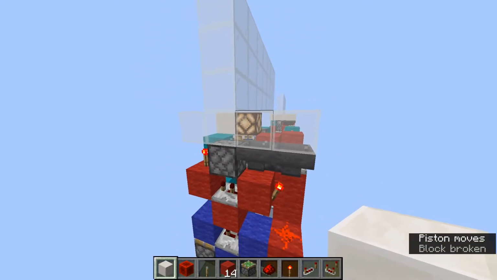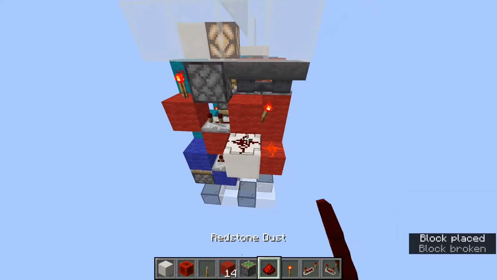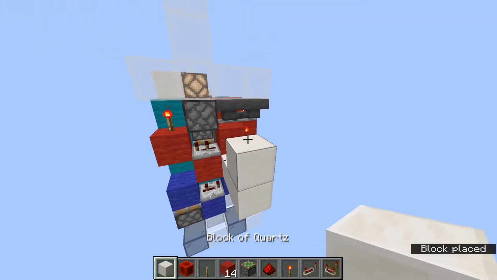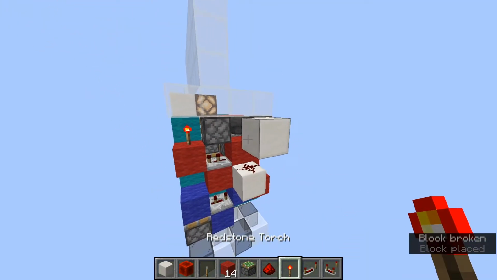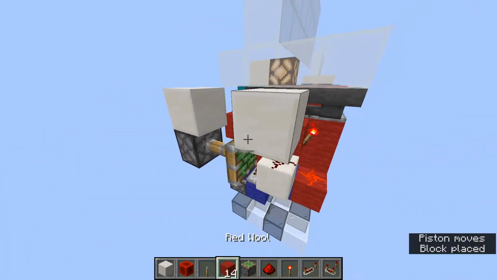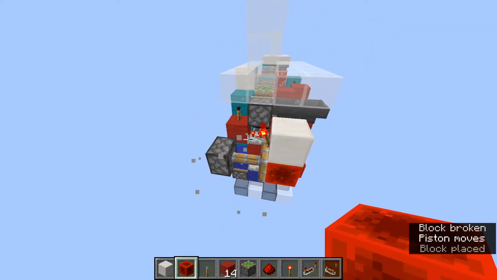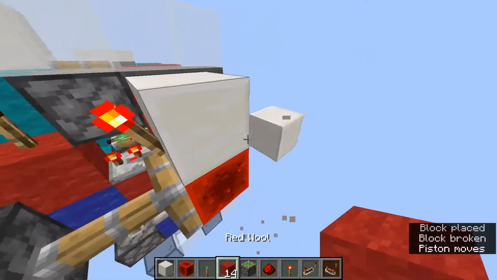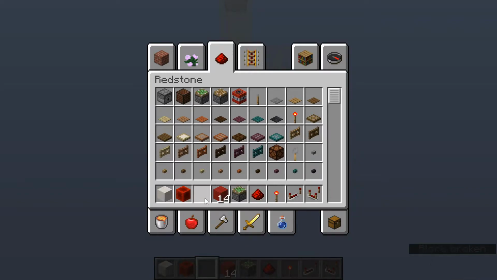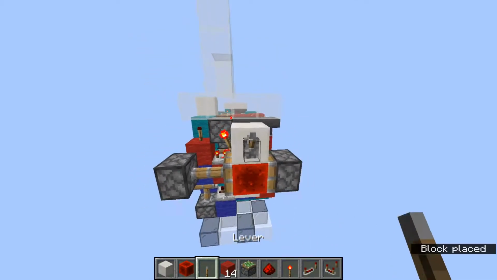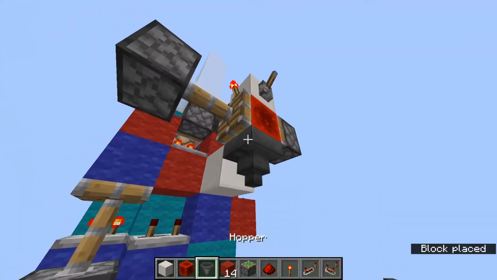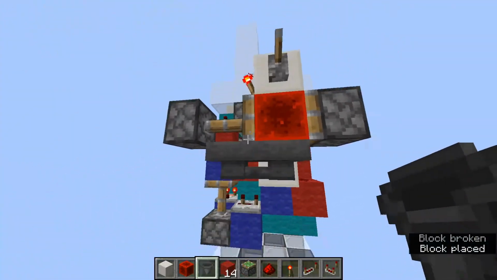So first I'm going to remove that lever, and then here place a dust, and then come up here and place a torch, and this torch will power a sticky piston that will have a redstone block on its face. And then you also want to have a sticky piston over here facing in, and this is where your input will be, and then you can get two hoppers and place them underneath these two sticky pistons,